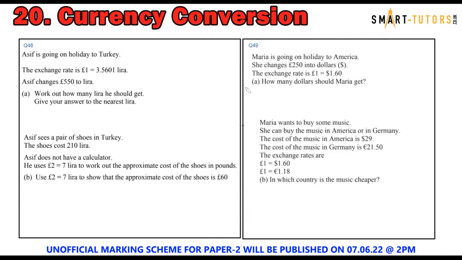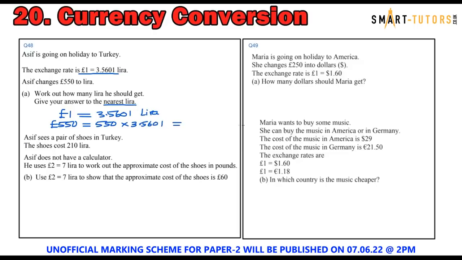Topic number 20, currency conversion. Asif is going on a holiday to Turkey. The exchange rate is given: £1 is 3.5601 lira. Asif is changing £550 to lira. Work out how many lira he should get. Give your answer to the nearest lira. So that means £1 is equal to 3.5601 lira. So you are going to be finding 550, so that means 550 times